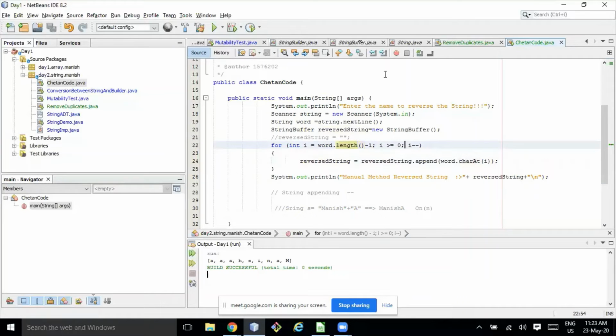Actually, today I joined this session, so maybe you missed this thing. In the previous class, I explained the benefit of using StringBuffer over String and why we use character array most of the time. Everything we explained in previous classes. So if you attend regularly, obviously you will go with the correct approach. Sure, that's okay. Thank you.